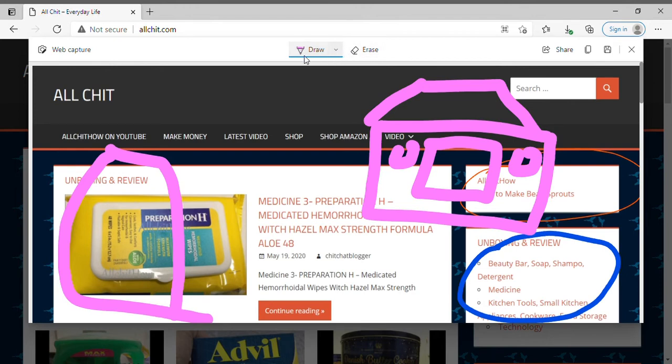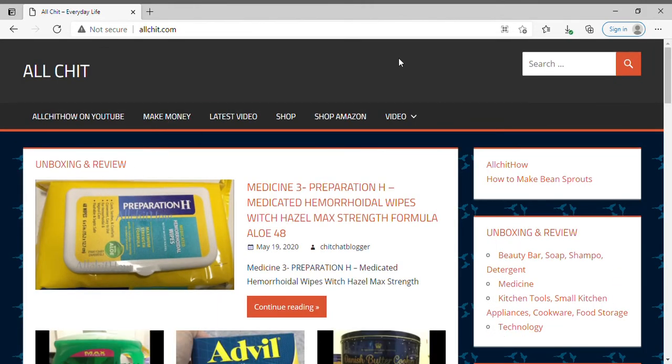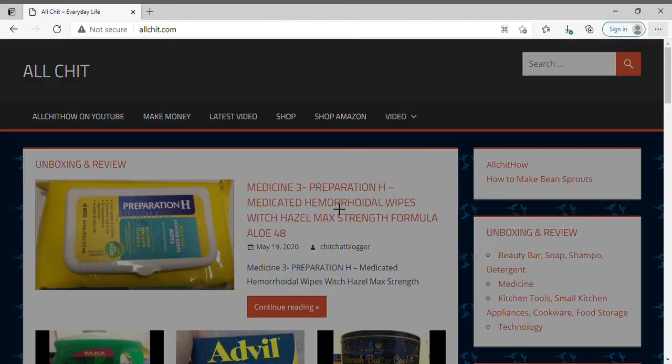Next, now it's done. I click the X across here to close this. And now let me open web capture again. There are two options, free select and full page. I just did the full page. Now let's go free select. I click free select. For example, if I want this only,